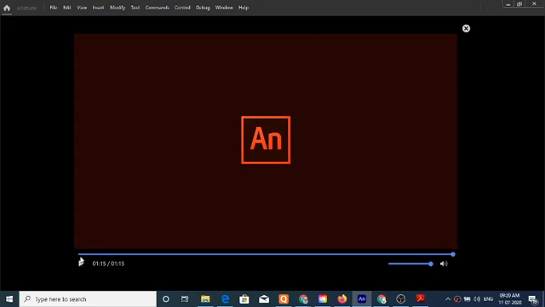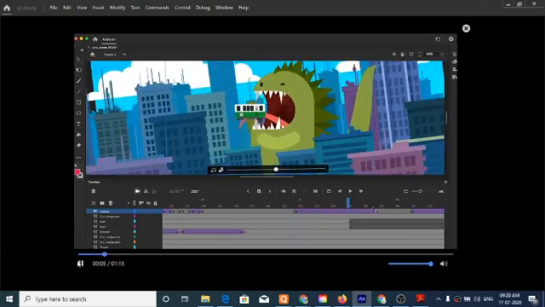Now, in this software, look, this software is called Animate CC, and this is a software for creating animate, look like this.